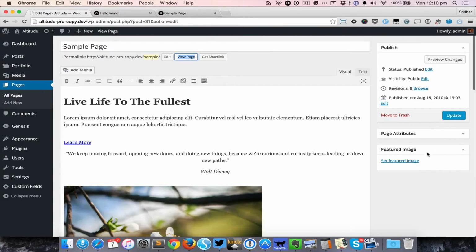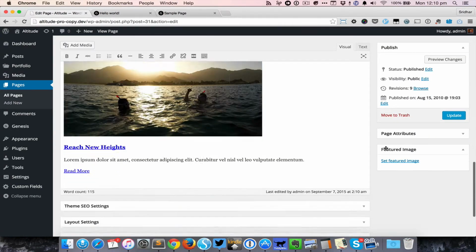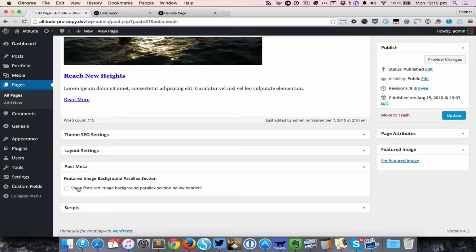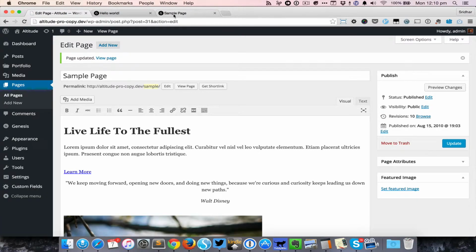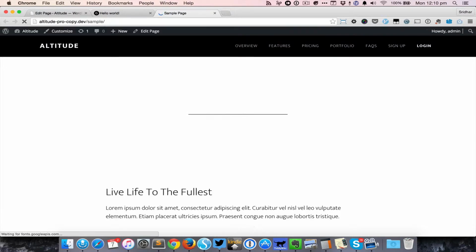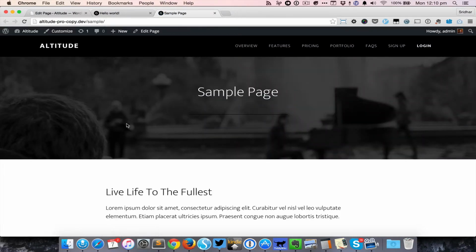So when I come here and when I tick this box and update, come here and reload, so you can see that the background image is appearing here even though the page does not have a featured image. That's because this image is being taken from style.css.